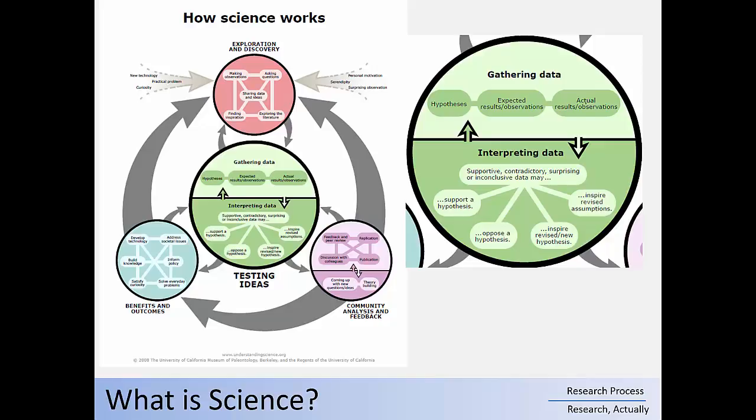Another thing students don't understand is the iterative process of gathering data. Iterative means you keep gathering, interpreting, gathering, interpreting. You might have a whole project where you gather data and the interpretation is that the data doesn't support the hypothesis, or the data is bad, or the method was bad, and your whole project is just showing that something isn't going to work. So research is a lot about failure, and students misunderstand that even in the testing ideas phase, you might have a big project and it just shows you that something isn't going to work, and that's good.